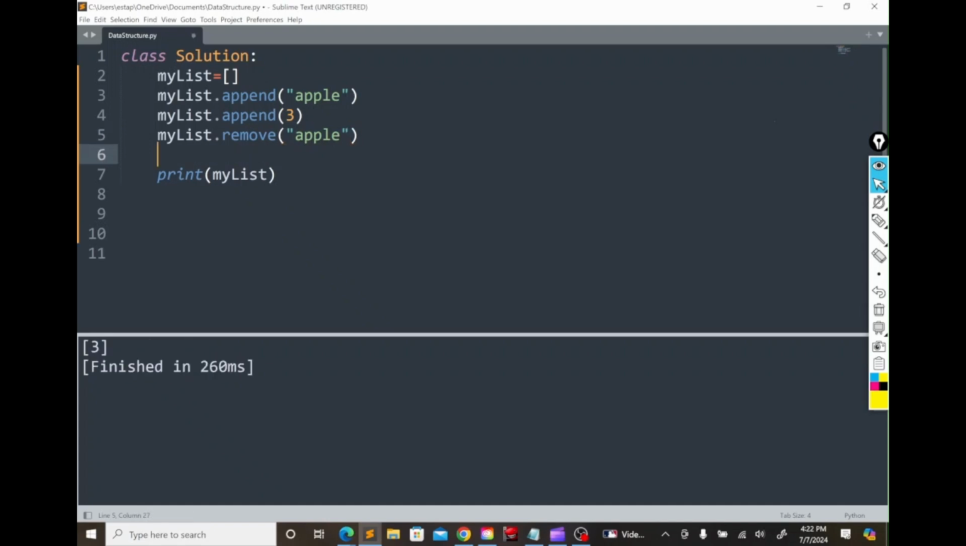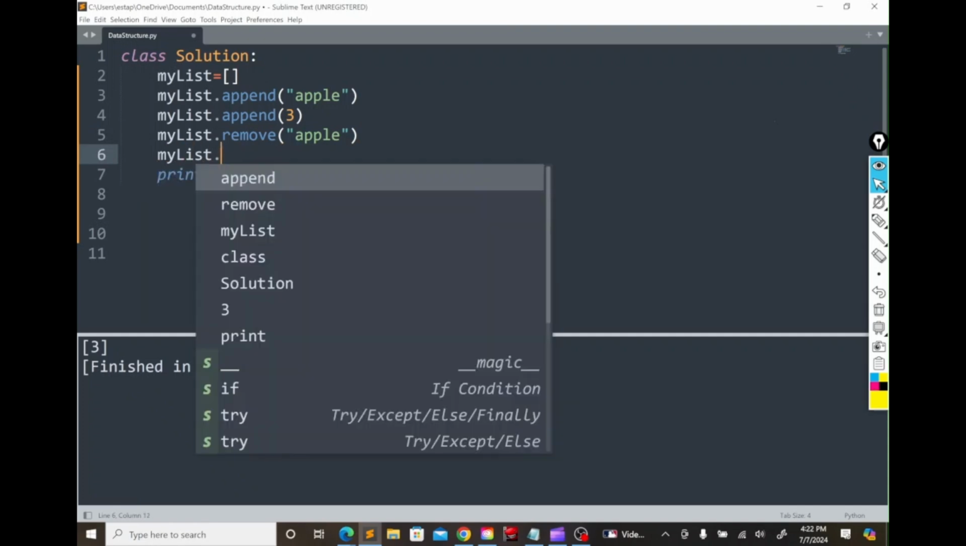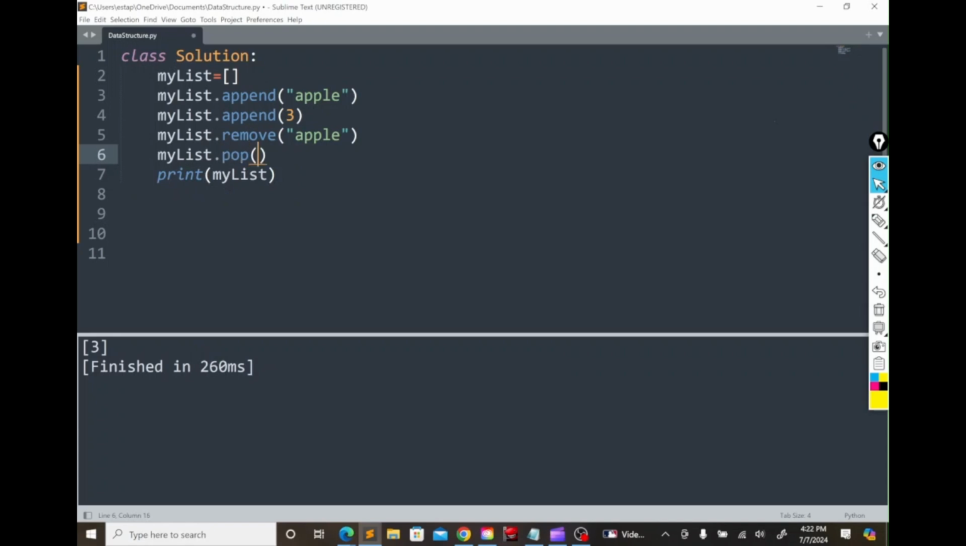How about if I wanted to remove by index? You are going to use my list dot pop and index 0, then Control V,